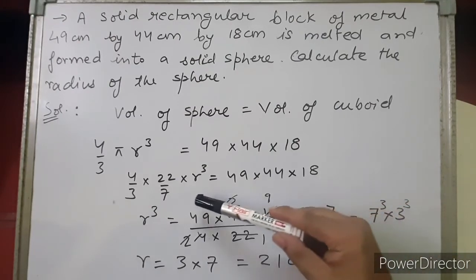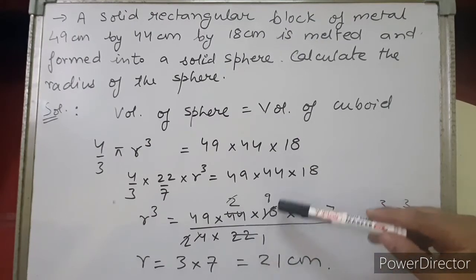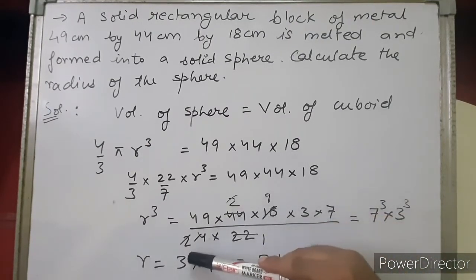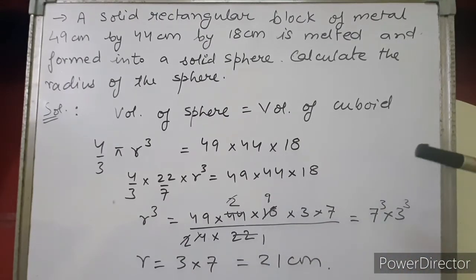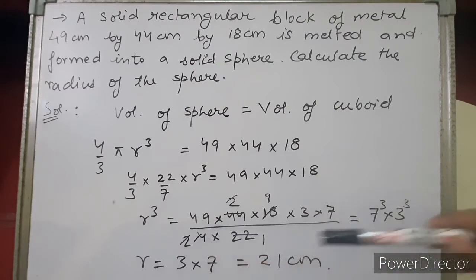On cross multiplying, this 4 into 22 in the denominator, now we can cancel out 2 to the 1 and 2 to the 4, and this 2 to the 9 is 18. So you can see in the numerator here we are getting 49 into 7. 49 can be written as 7 into 7. Into 7, when we do, we'll get 7 to the power 3, or 7 cube.